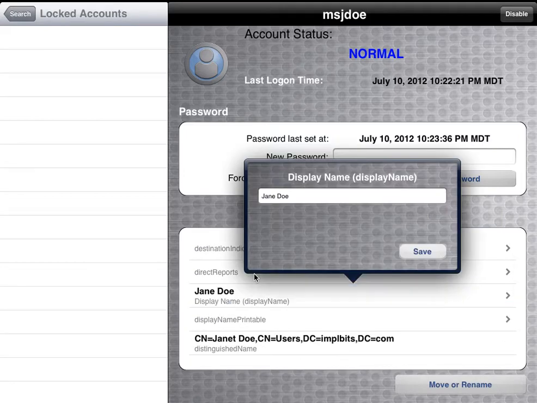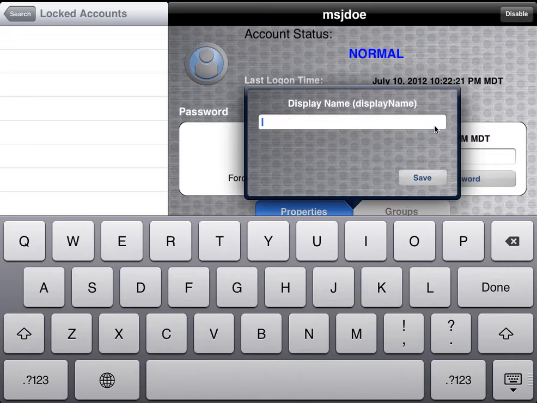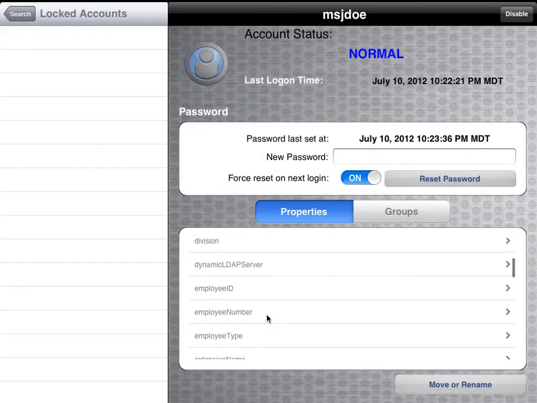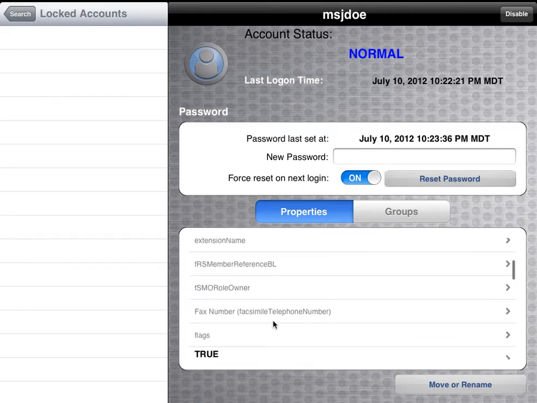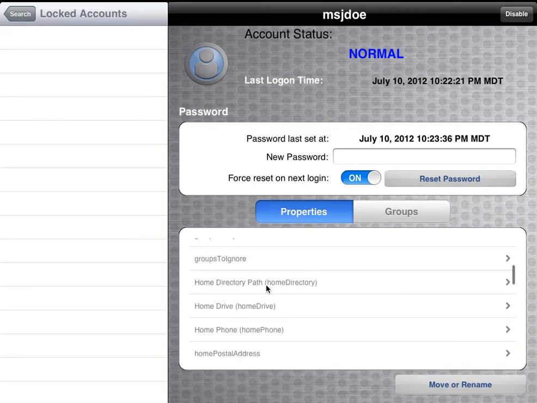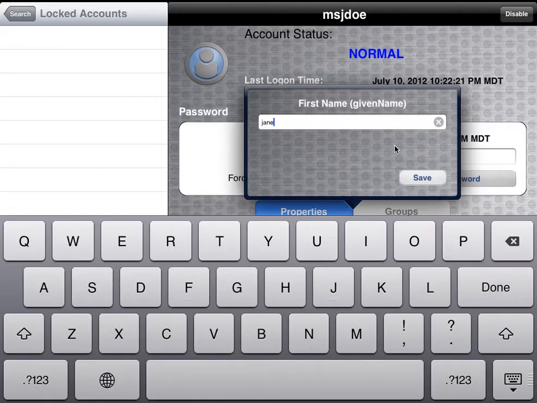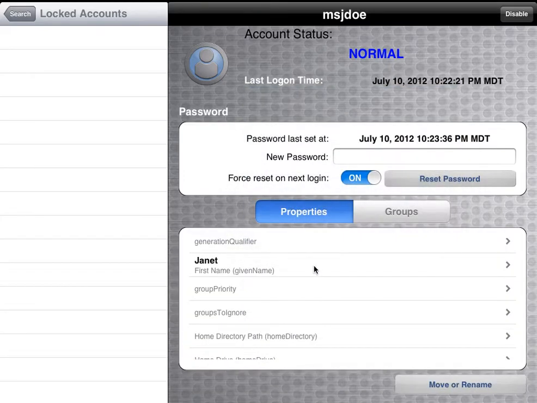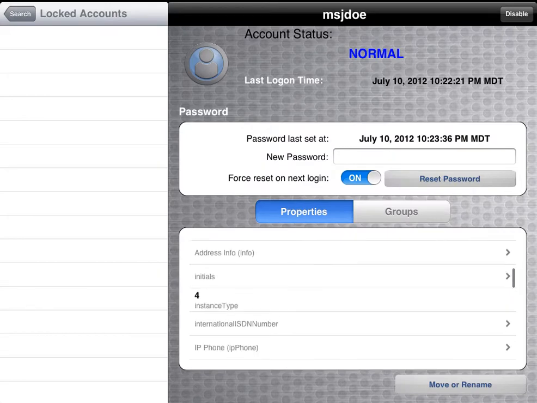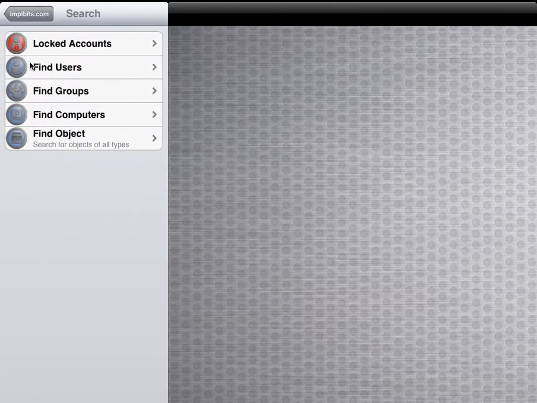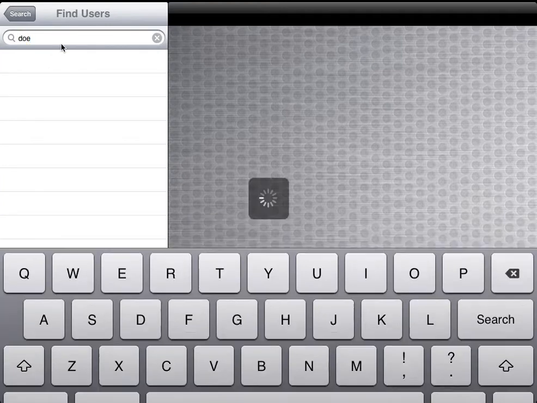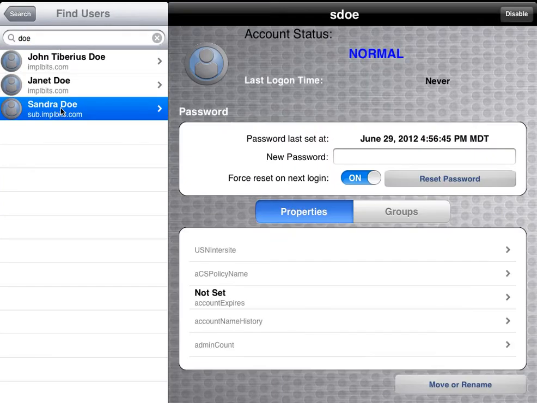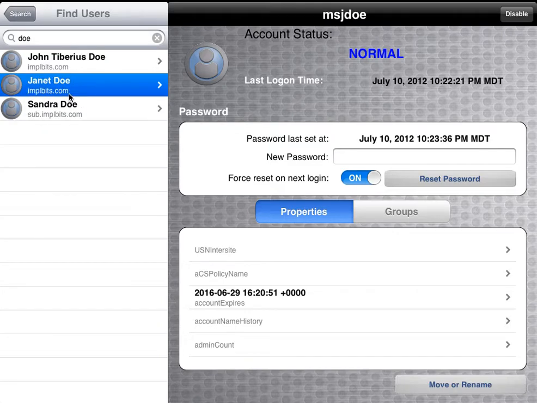So you can scroll down, and here's our single value string attribute editor. Change that name to Janet. A little farther down here you can find the first name right there. You can change that as well. And if we find the user again, you'll notice that Jane has become Janet Doe, but there's also multiple users